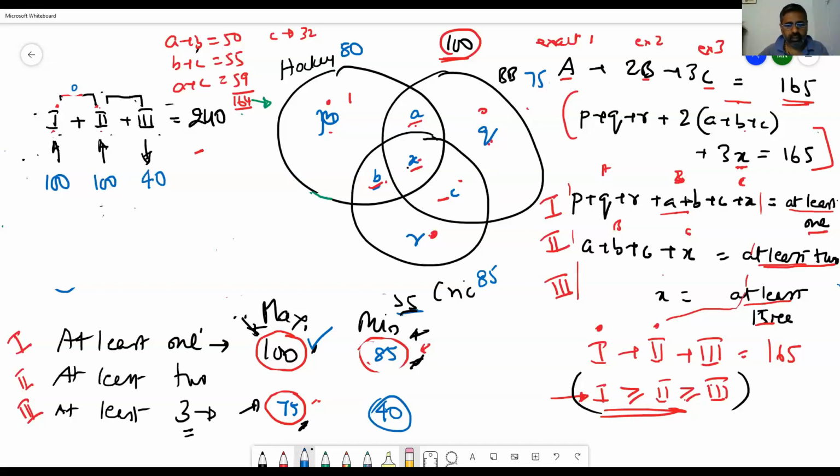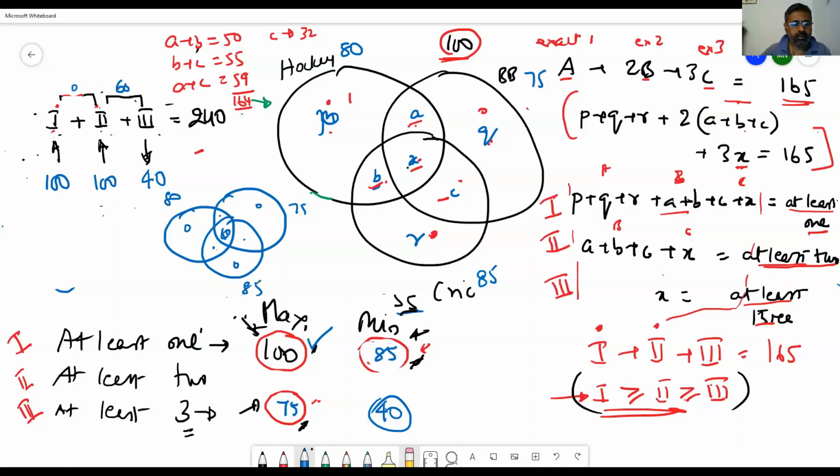So we can cross check this. I'll just put these values and draw it here without disturbing that. So I'm taking 40 here, right? There is nothing here, all these things are 0, because this value is 0. What is the difference here? You have 60 here, so 60 of them will have to split between these two. And you need 80 here, 75 here, and 85 here. So you need a 60 being split.